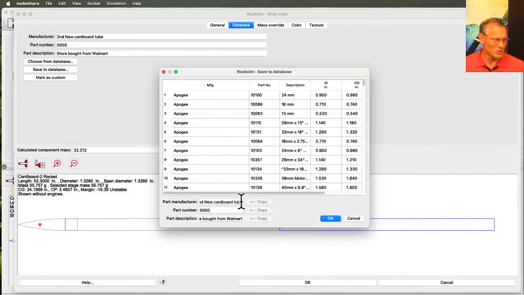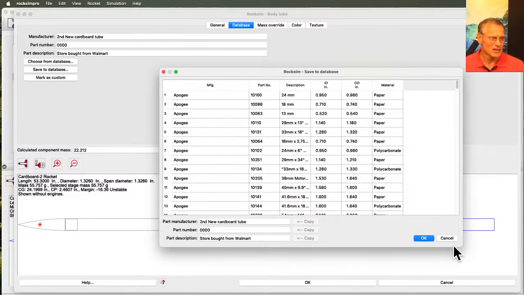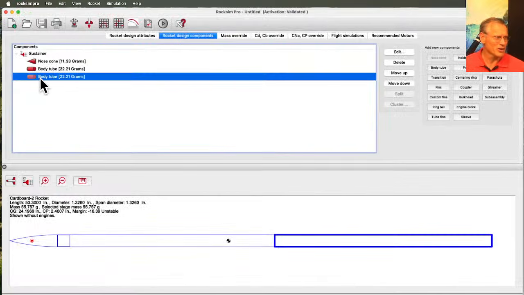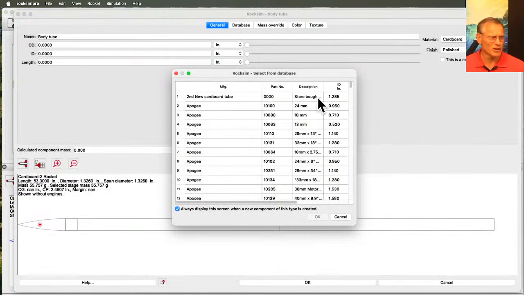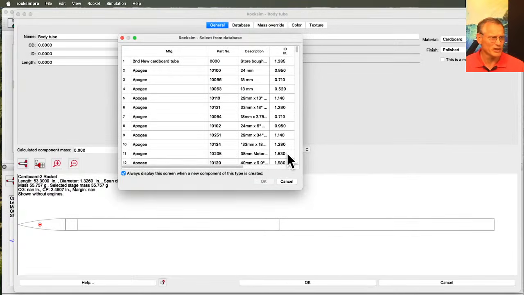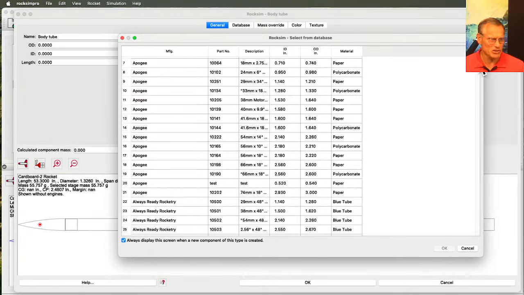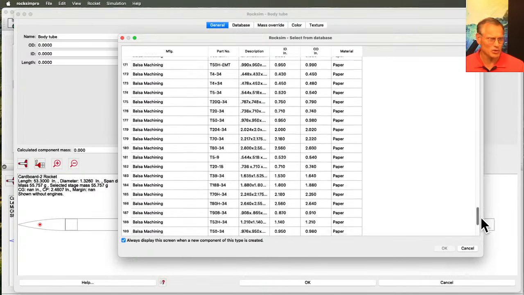And what it did was it copied all that information from here and brought it down into here. And this is kind of like your last chance to change things. And then you'll just click OK. And so now it's been saved into the database. So if I click OK, and add another body tube, now it's looking in the database. And if we look through the database, I bet you it's at the very bottom, if we scroll all the way down,